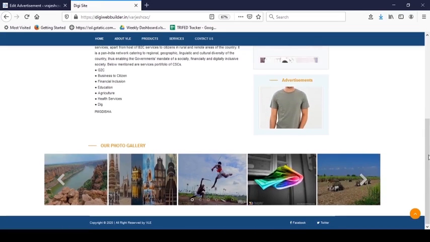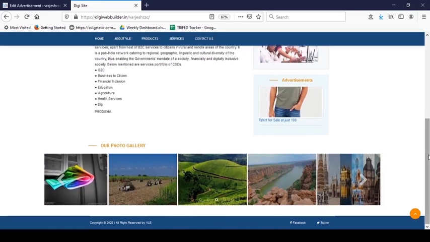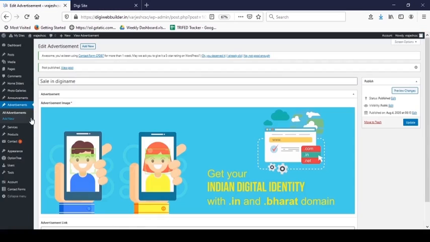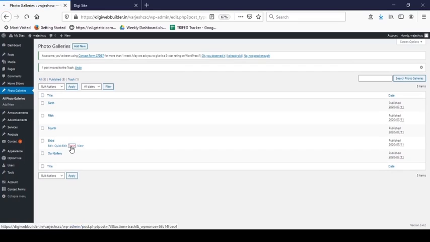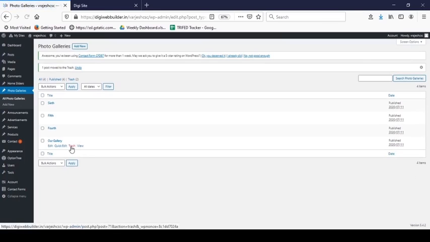Now we will see how to add or remove any photo from photo gallery. For that, go to the photo gallery section. You can check the list of photos that are already added in your website. So to remove any photo, go to the photo, click on Trash button. To add a new photo, click on Add New.